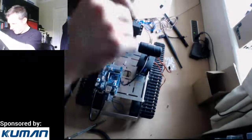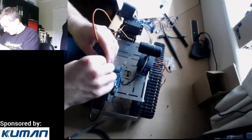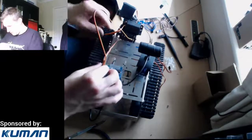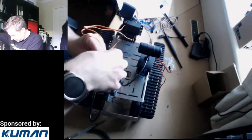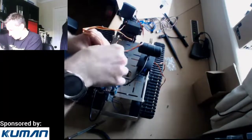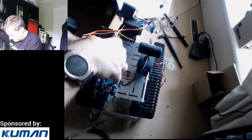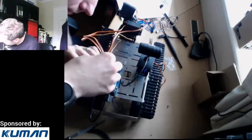Now, B is the 2nd in line, so that goes here. There's a little bit more slack here, so I think they're gonna connect this one last, just for the convenience of it. It goes like this, and that goes like that. Then this one. I wonder if I'm gonna have enough slack for all the servos, and I'll find out in a second probably. And the last one, this one looks short. It'll have to be oriented in the same way, because the ground is on the left hand side. Come on, get in. Super tight fit that. Okay,